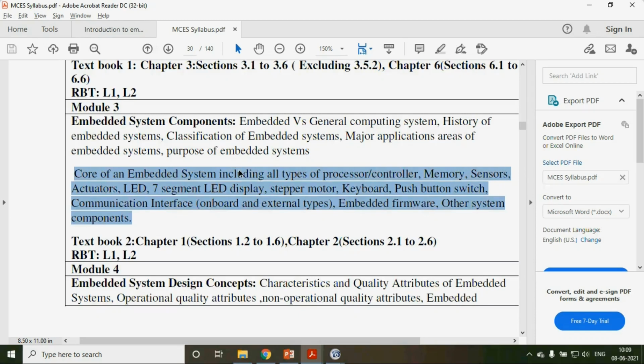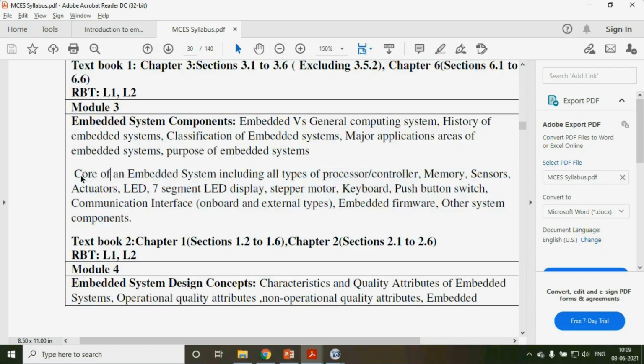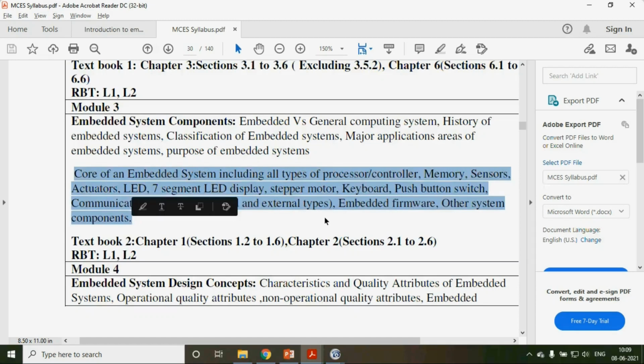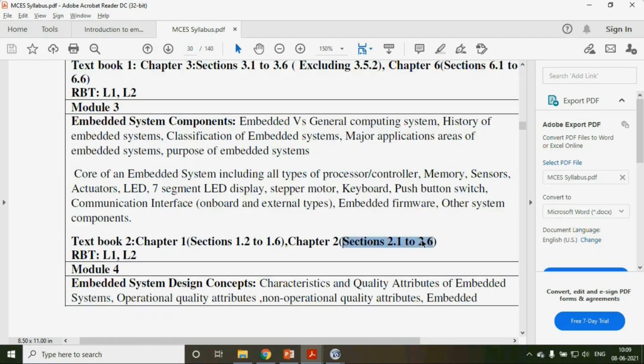So the whole second chapter explains every component present in a general embedded system, right? I told you embedded systems are very specific. The components in a calling bell will not be there in a microwave oven. Here we are studying in general what will be there in a microcontroller-based embedded system. All those parts are explained one by one in the second module, so you can find 10 to 12 topics, divided into 2.1 to 2.6 under chapter 2. We'll see initially what is there in an embedded system.